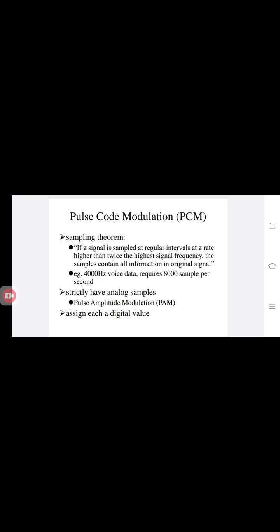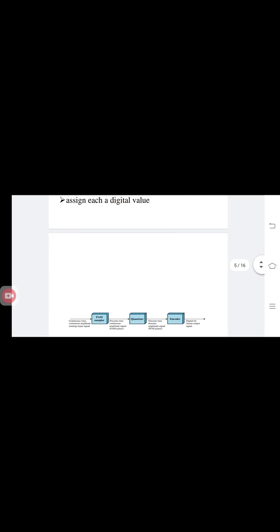Actually, these analog samples are obtained by sampling a continuous time signal, or analog signal. These analog samples are called PAM samples. They are known as pulse amplitude modulation samples. To convert these samples to digital, each of these analog samples must be assigned a binary code. So this PCM starts, as you can see in this figure,